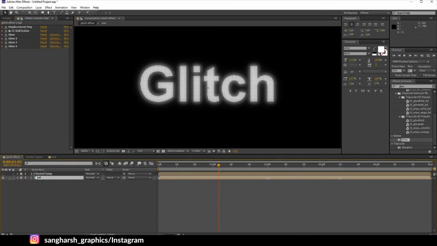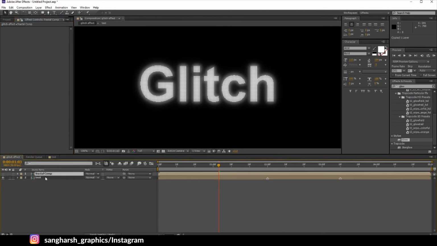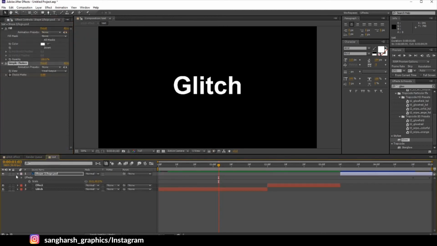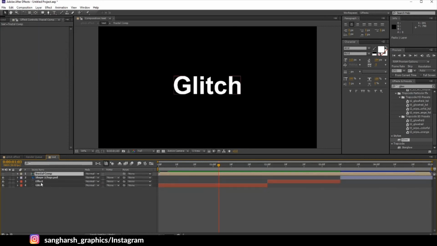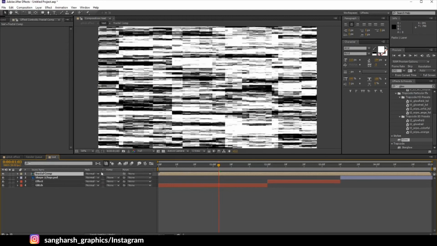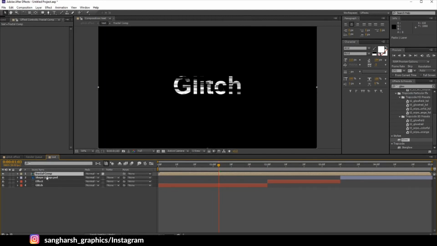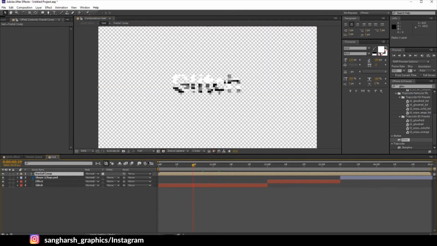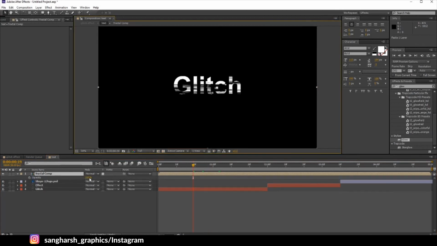Now select the fractal comp, press C to copy, go to text composition, paste it on top of all the layers, unreveal it and select this preserve transparency button. Means the fractal composition will only show wherever the transparency is 100%. As you can see here, it's applying only here. Now press T for opacity, make the opacity 50. Come back to glitch effect.